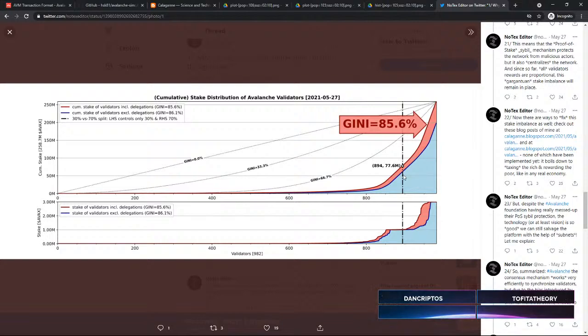Right. Got it. So you're saying everything past this bar on the right-hand side is the amount of stake owned by 70. This is 70% of the actual staking power in this black bar, and everything on the left-hand side is 30%, and this is your 70-30% split. So like literally everything after this is the biggest whales in the network, and everything on this side is the less bigger whales, I guess you could say. And when you took this data point, there's 894 nodes on this side versus that side.